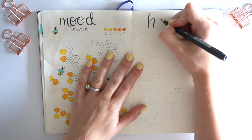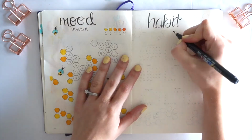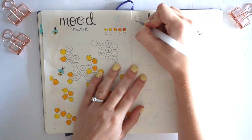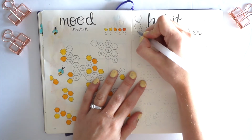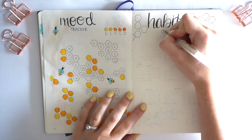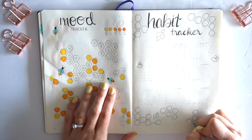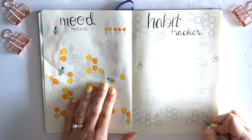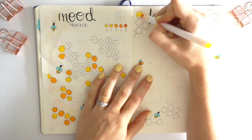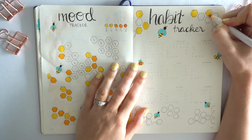Now onto my habit tracker page. This month I am tracking 9 habits, which is a lot more than I usually do, but I fell in love with the design from Blossom Bujo on Instagram, so I decided to come up with a few more than